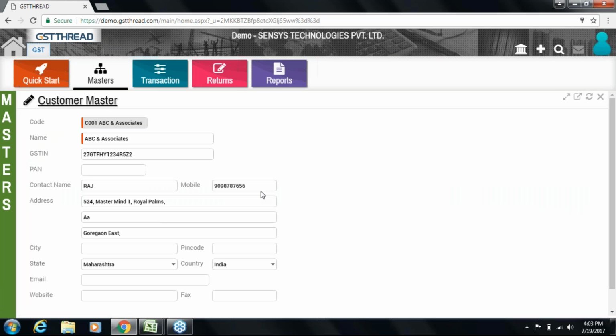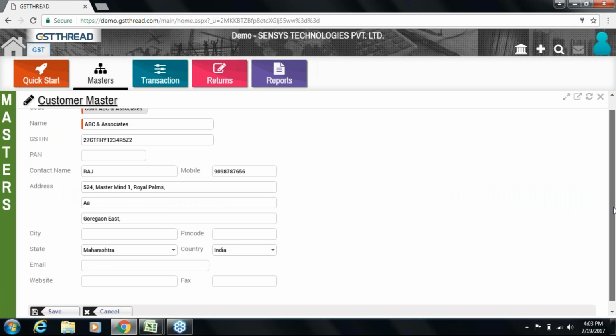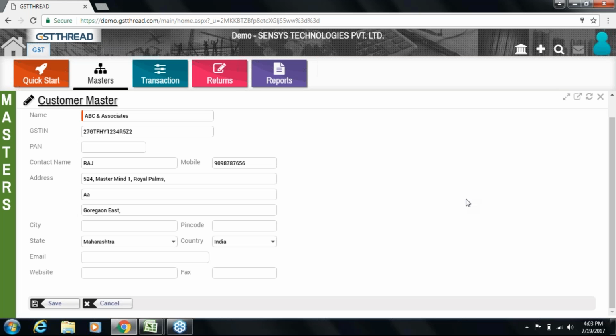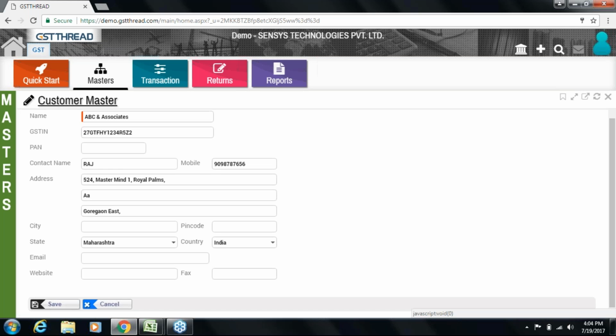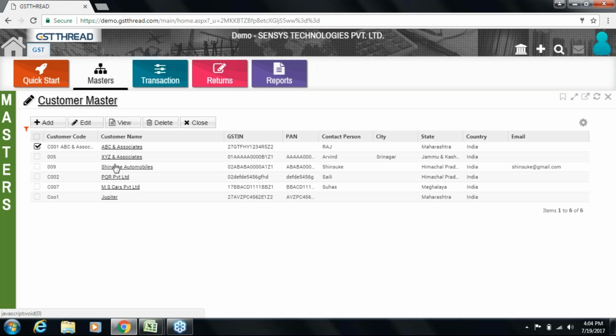First, the customer code, customer name, the GSTIN of the customer if he is registered under GST, the address, the city or the state in which he is located, email ID and the website if available. Similarly, all the customers can be added.